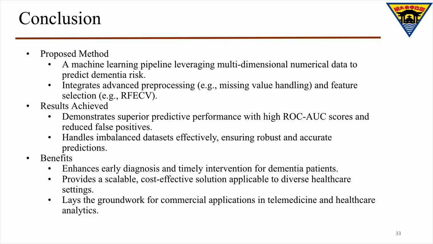And the last one is about the conclusion. We propose a method that can reduce handling the leading value and do some feature selection and a whole machine learning pipeline to predict the dementia. And in the results, we have achieved a higher F1 score in the imbalanced data and get the